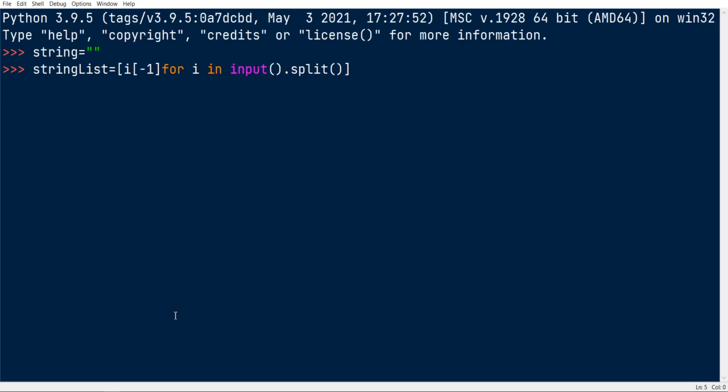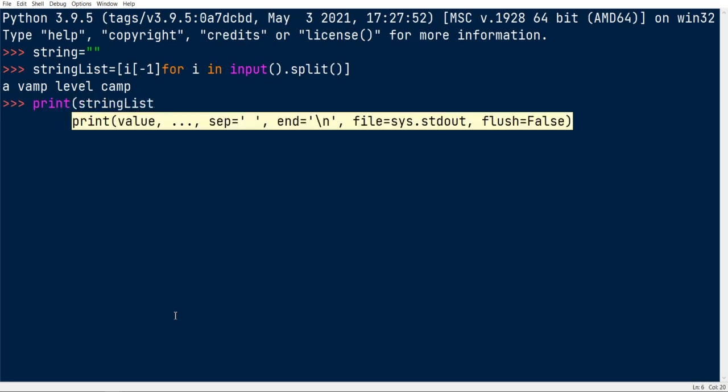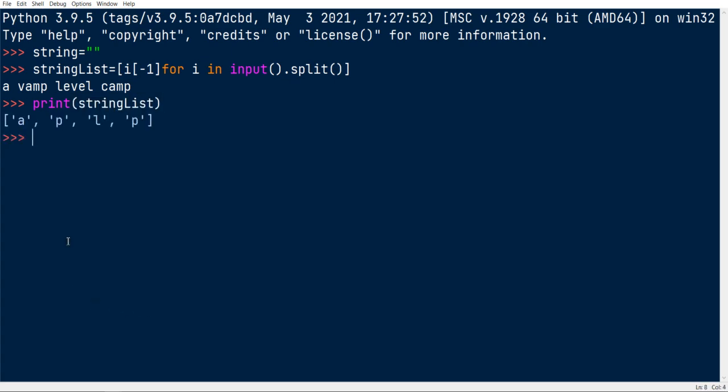So if I pass a value like vamp level camp and we print string list, you just take the values A, P, L, C. Sorry, A, P, L, P. I think I have changed the input. Yeah, vamp camp level place. So it will give you apple. Now it's time to do the operation in a simple manner.